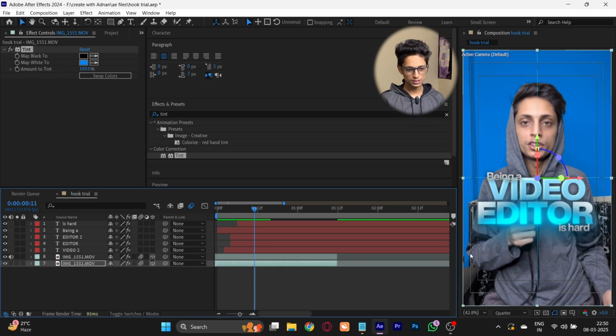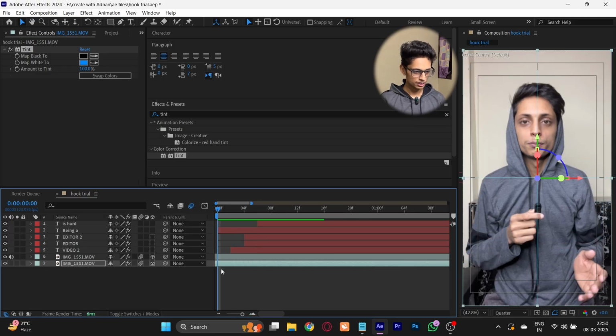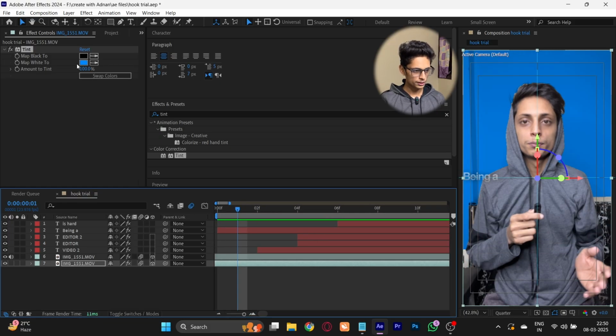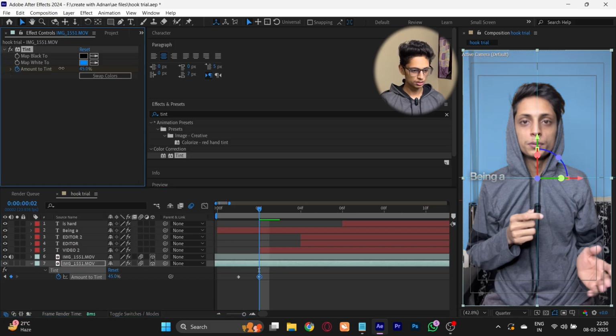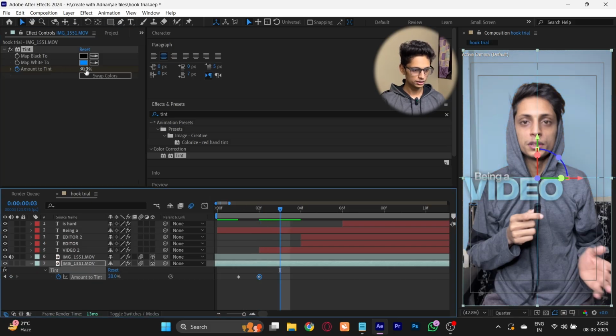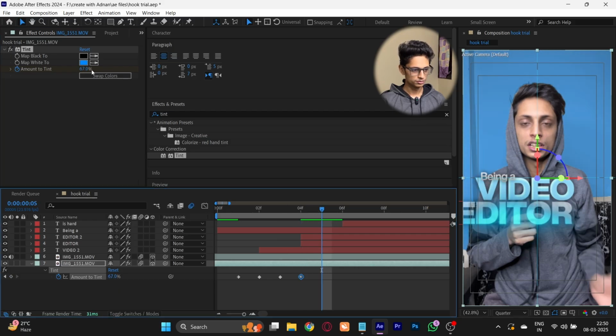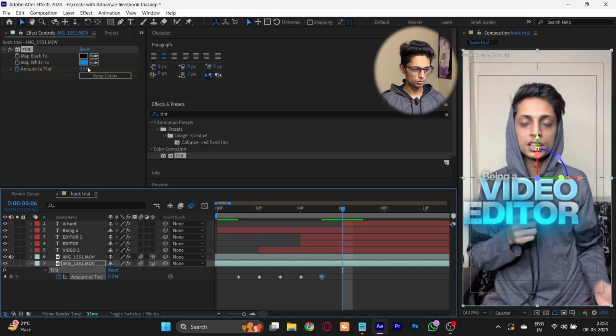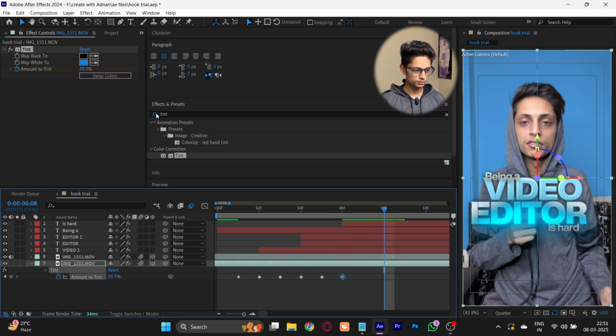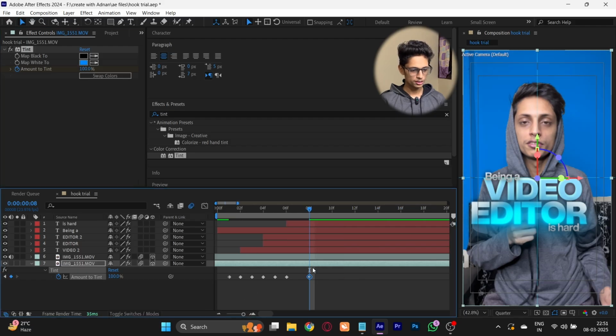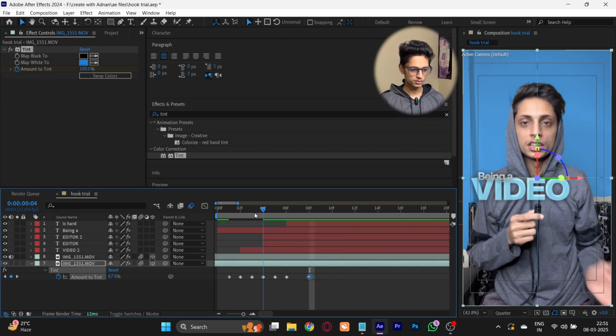As you can see, the rotoscope is not perfect, just because it's a tutorial, so I didn't do it perfectly. Now press here, make a keyframe on amount of tint. Tap U, not Control U, of course. Now do this to make an opacity flicker effect. Just randomize it. On one keyframe it's 0, on another it's 100, 60, and so on. The main goal here is to make it look like it's flickering. Look